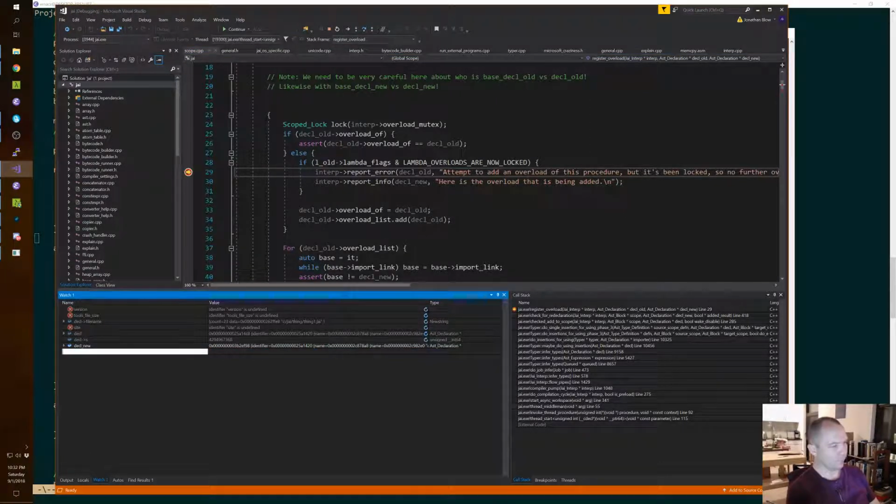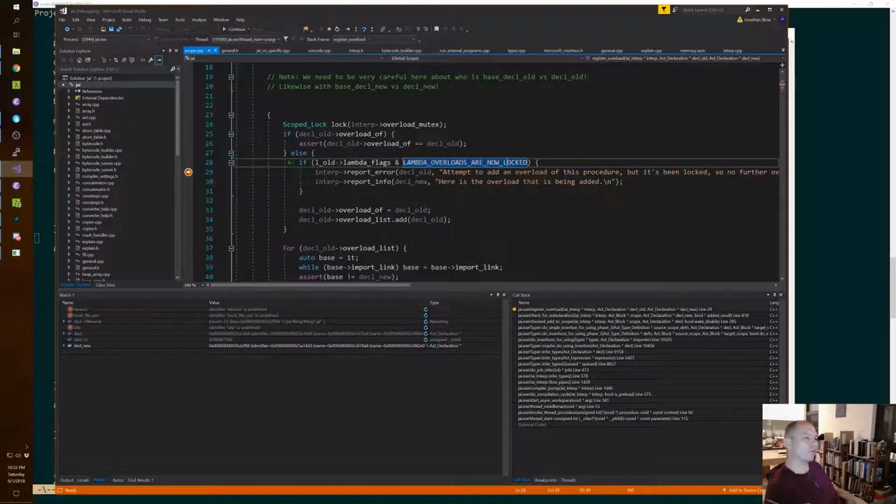Here's the thing. This is a remnant of an old way of doing things. So I used to store overloads on a procedure, which kind of made sense because overloads only apply to procedures. Why not? Why pay for the storage on every declaration to store whether there are overloads or not when you can just store it on a procedure, right? But you could have different mixtures of overloads in different spaces. Now, I think this locked flag, we'll look this up in a second, but I think we say, as soon as you resolve an identifier that's a lambda, then lock it. Because if you add any more overloads, you might change what you would have resolved or something like that.